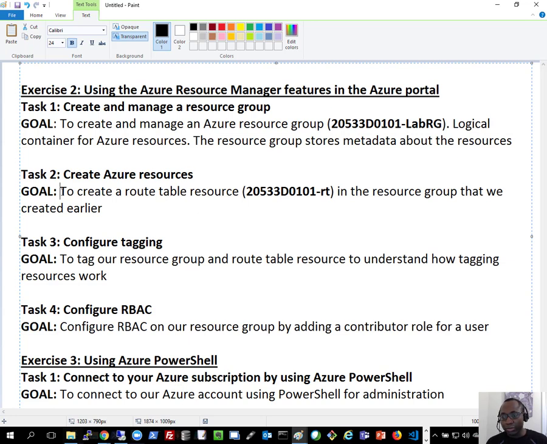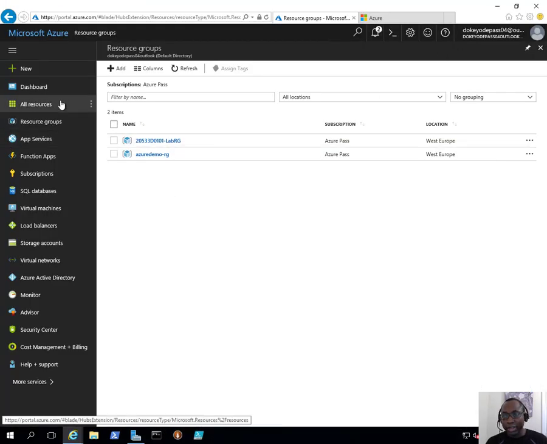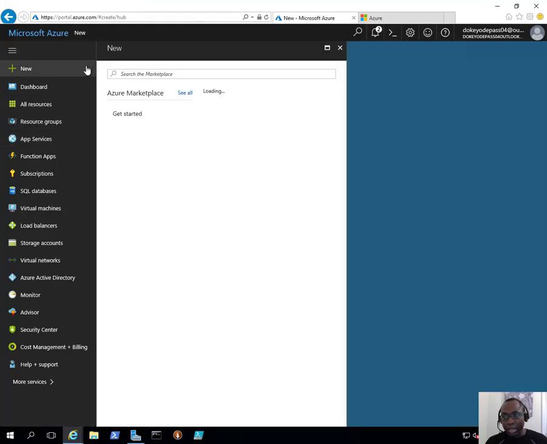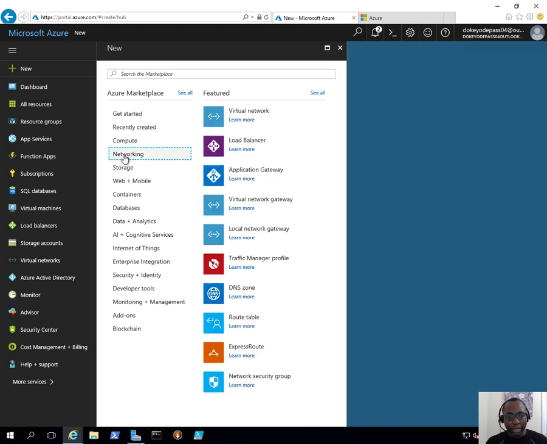The goal that we're trying to achieve is we're going to create a route table, or root table, however you pronounce it. You're going to create this route table called this name, and we're going to put it in the resource group that we created earlier. So let's go ahead and do that. So here, if I click on new, and then if I click on networking here, and then if I click on route table,